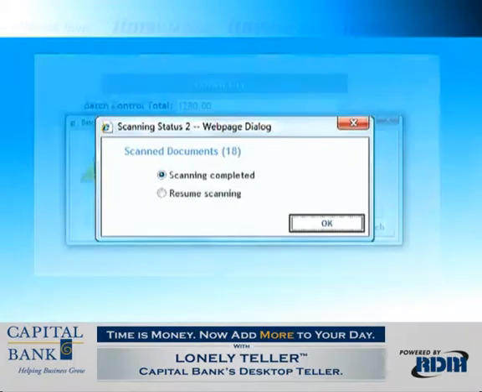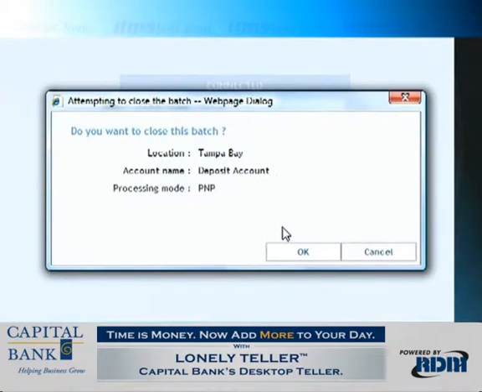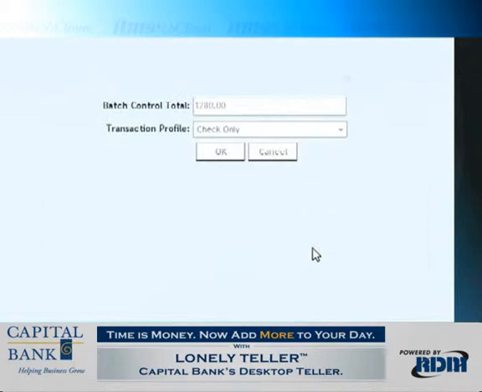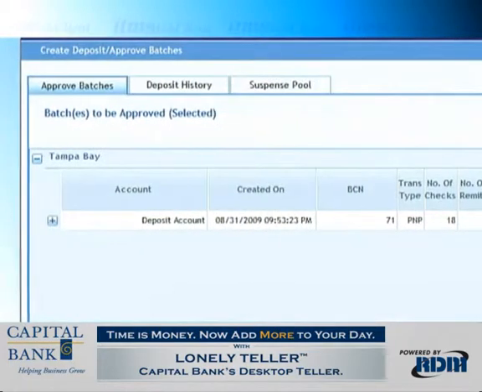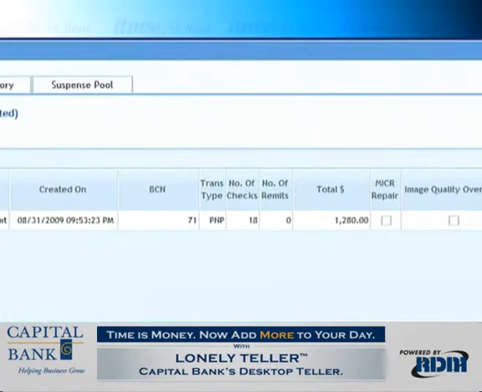Click OK. Another dialog box will appear with the options to leave batch open for additional items, close batch, or close batch and proceed to approve batches. We will now choose the option to close batch and proceed to approve batches. You will then be prompted, do you want to close this batch? Click OK. After clicking OK, and based on your user permissions, you will be taken to the Approve Batches module,